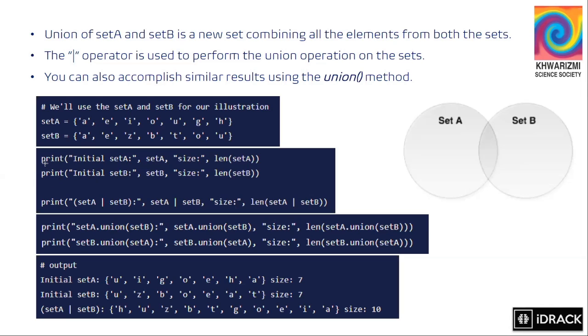What we're doing here with these commands is telling it to print the initial set A. It's going to print this as is, then print the contents of set A. Then it's going to tell you what the size is by using the length function. You've used the length function earlier for finding the length of strings, and we saw how we can use it for lists and tuples. It's essentially the same syntax, len, and then the name of the set. And what it returns is that your initial set A was